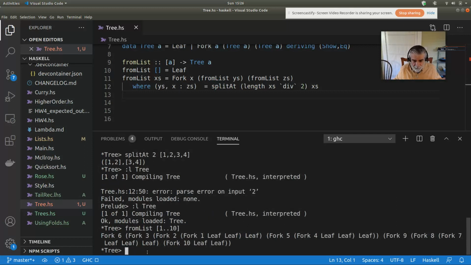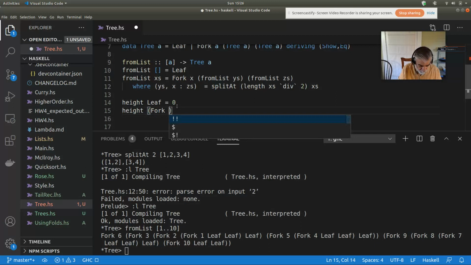and I can build a fairly large list. I can turn a list into a reasonably more or less balanced tree. Let's see, what is the height? Let's write a height function. Height of a leaf is going to be 0. The height of a fork, I don't even care what's stored in the tree,